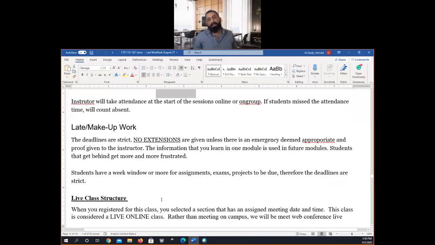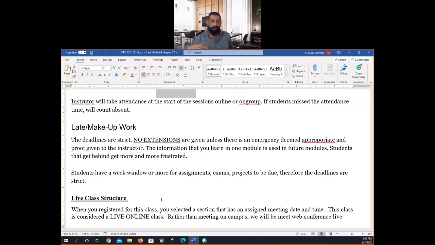I'm giving you enough time for the due dates, and we will see when our due date is going to be for each and every module. I'm giving you enough time, and that's why no extensions are given. I'm giving you more than 1 week. Some of the assignments you have 2 weeks to complete, and they don't even require 1 hour or less to be completed. That's why you have no